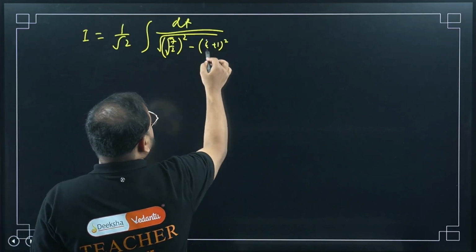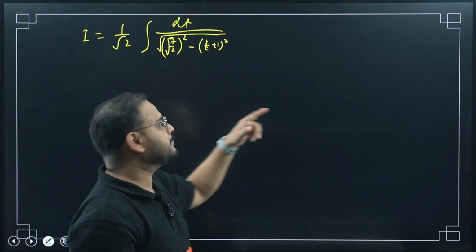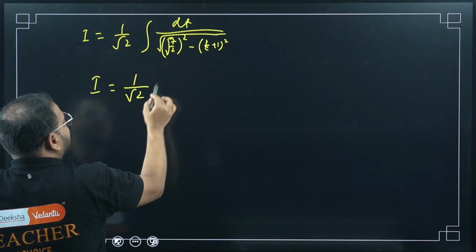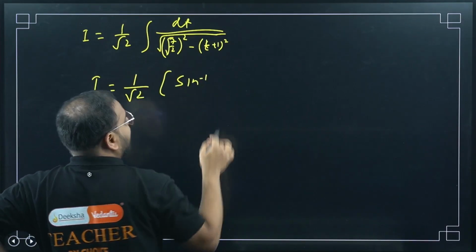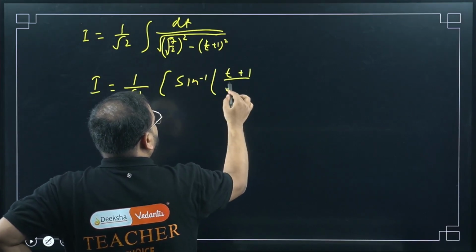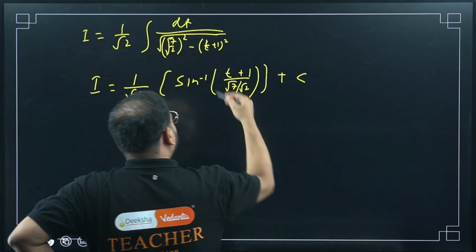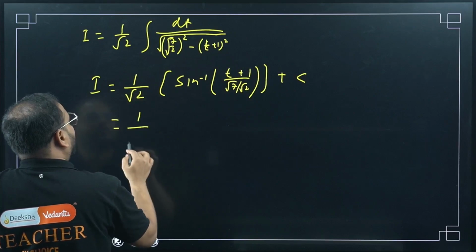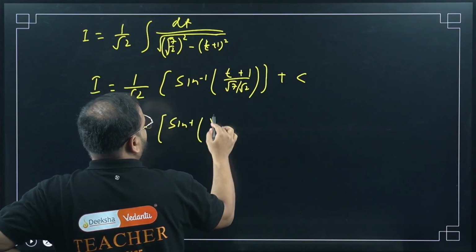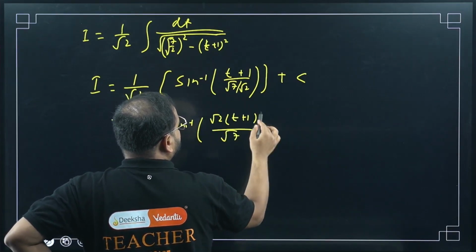Now t plus 1 the whole square. If you do this, what is going to be? A square minus x square is what? Sine inverse will come. So I don't have 1 by a in this case. Simply what I'll get? This 1 by root 2 will remain as it is. I'll get simply sine inverse of x by a. What is x in this case? t plus 1. So t plus 1 upon root 7 by root 2, and plus c. Take root 2 in the numerator. What I get? 1 upon root 2 sine inverse of root 2 times (t plus 1) upon root 7